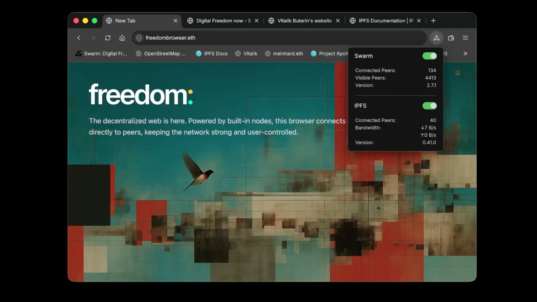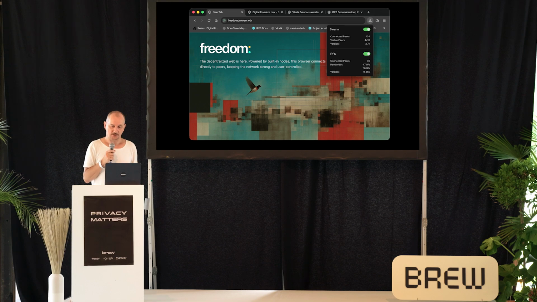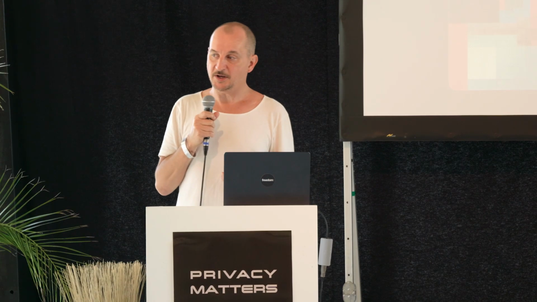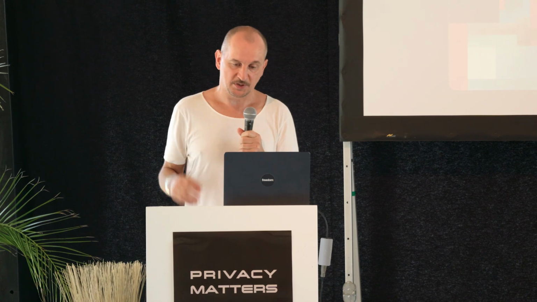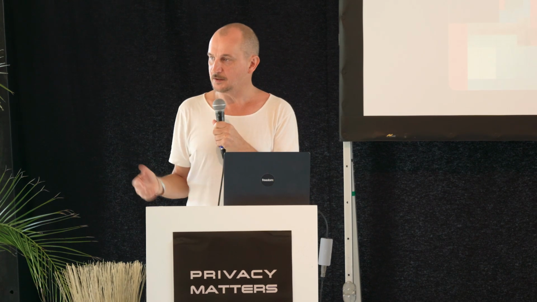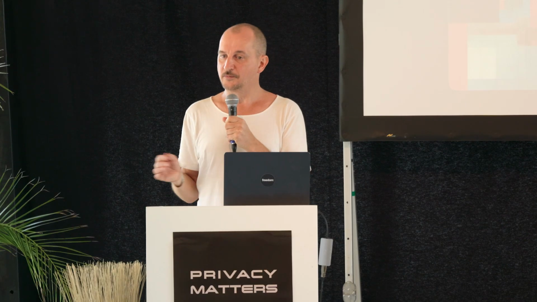And this is what Freedom looks like. It's a little bit dark, but you can see when you switch it on, you have the Swarm node running, you have the IPFS node running, and they count up nodes that they connect to, and they're ready to go. And that's the main piece that makes it different. Talking about difference, it mimics Chrome. It's not Chrome, it's Chromium in the background, that's the engine that renders the content. But all the interface is designed to look very familiar and in a way non-threatening, so any novice can use it.